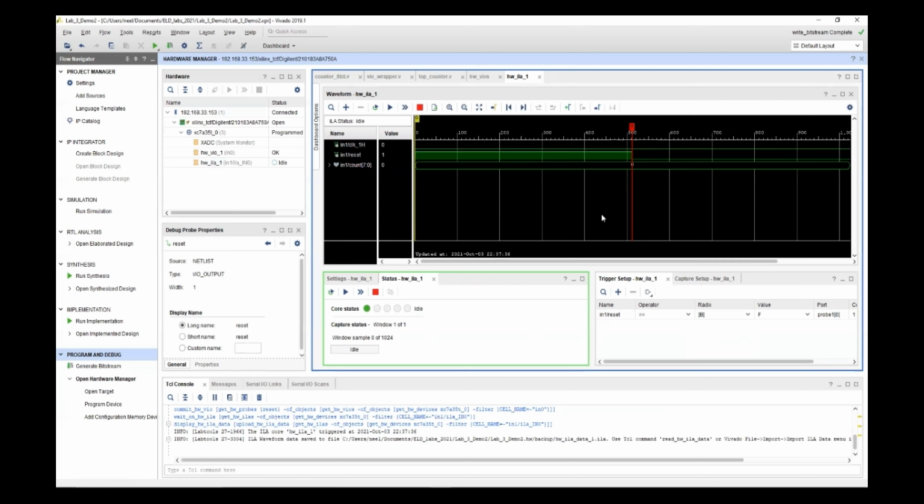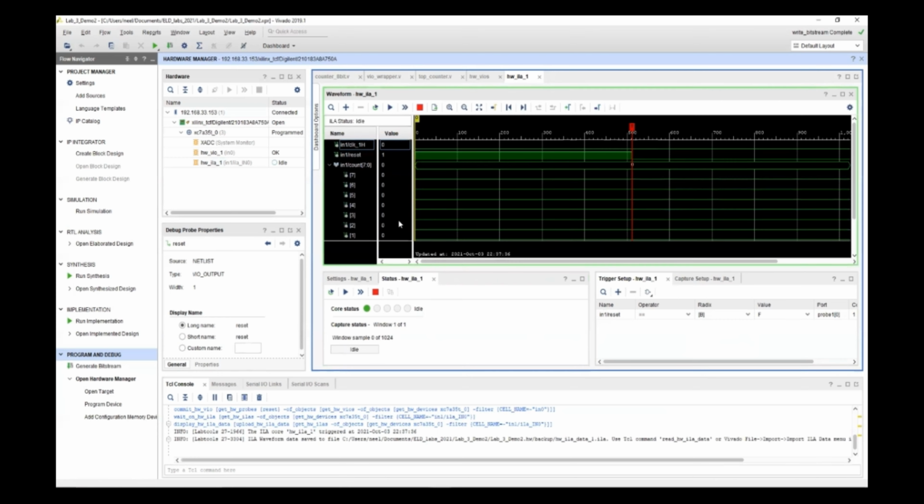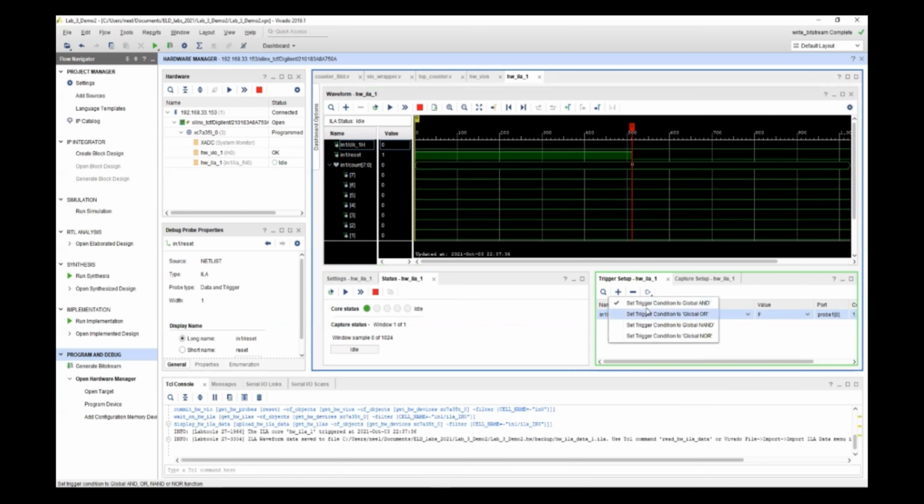So this is the basic concept of ILA. This helps you with debugging your code and debugging your designs in the FPGA. You can use different types of triggers. You can change the operators to not equal, or you can add different types of gates such that you can make different trigger conditions. You can play around with this tool, and we highly encourage you to use it for debugging your designs in the FPGA. So this is it for lab 3.